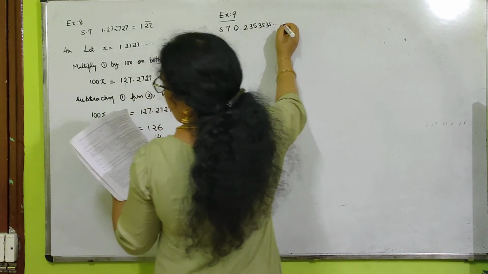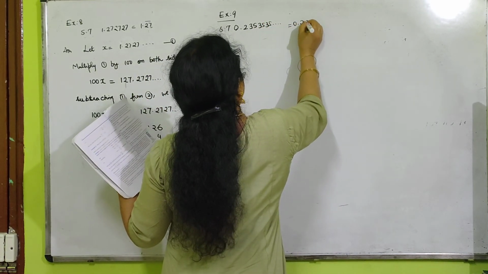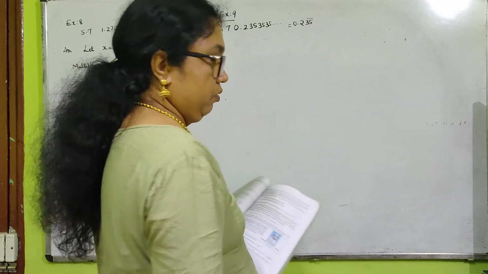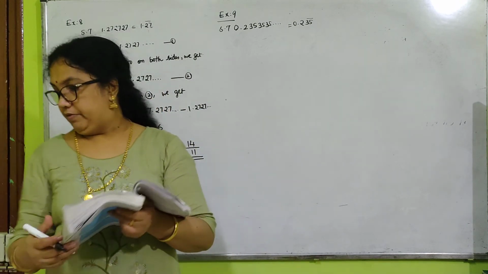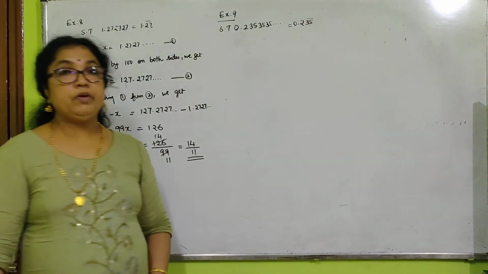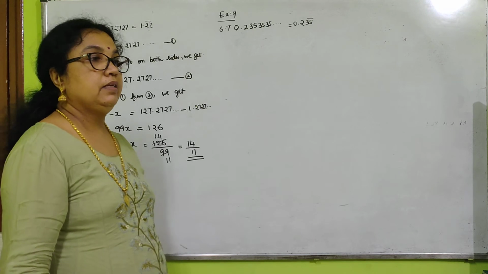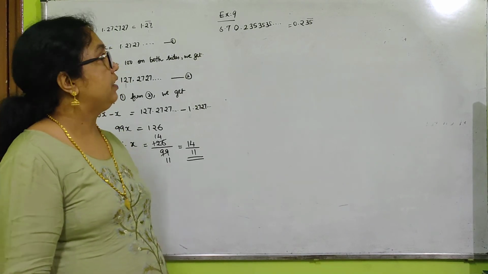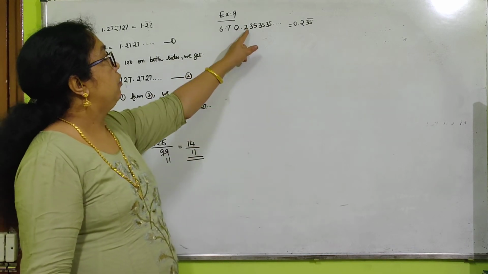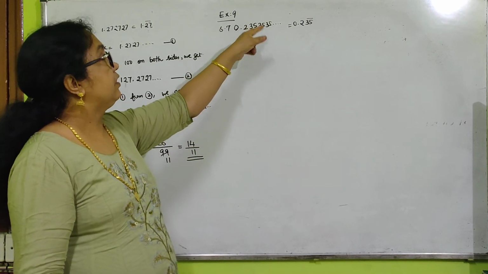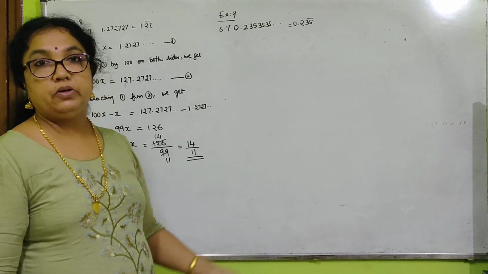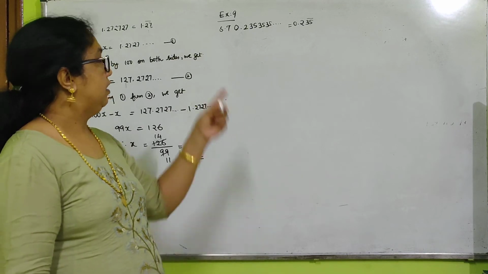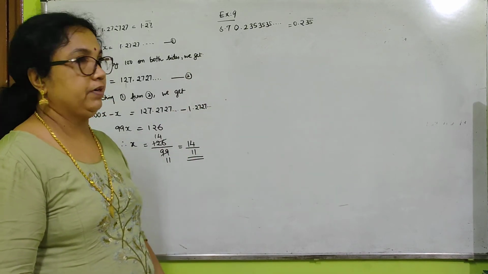Show that 0.23535... that is, 0.2‾35 can be expressed in p by q. This is a little different one. In the first one we did 0.1, then in the next one one digit came before the repeating part. Here it is 0 point only, after 2 only 1 digit, then 3535 is repeating, which means 2 is not repeating. The little difference is there while solving this sum in p by q form.